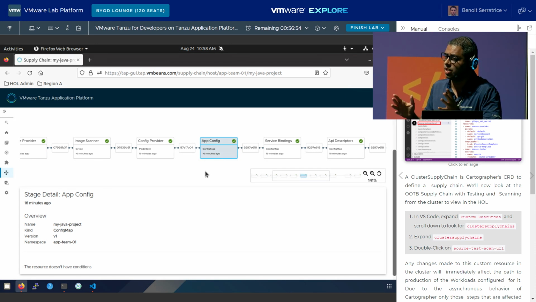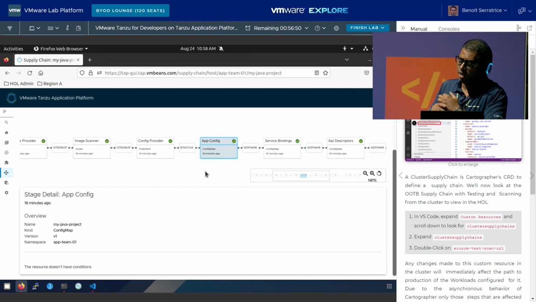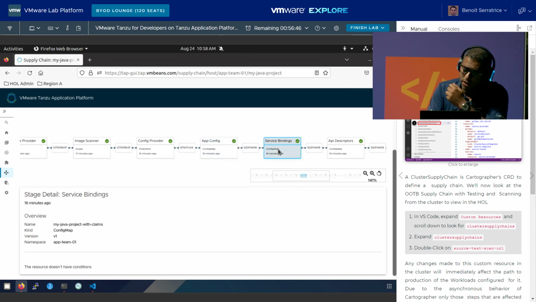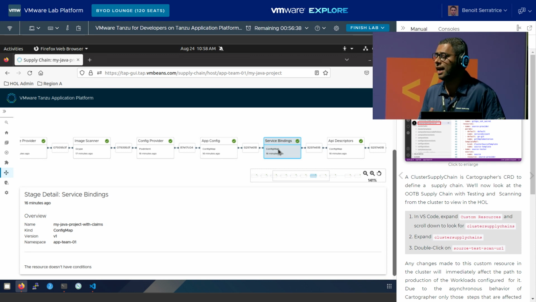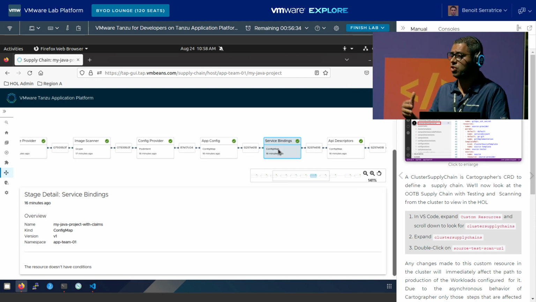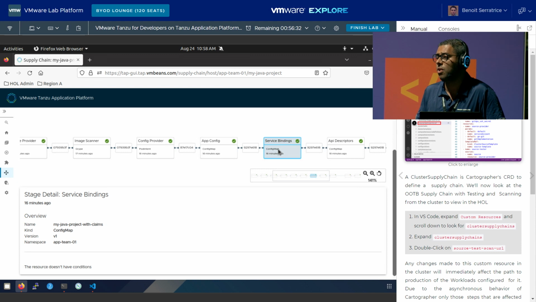All these configurations are going to be stored as a config map in your cluster, and it will be used for the next stages. So the next stage will be the service binding. Service binding here is like Benoit discussed when he talked about the service toolkit. This is where you're going to connect maybe your workload to some external database, message queuing cluster. So if you have these kinds of requirements in your application, this is where service binding is going to be